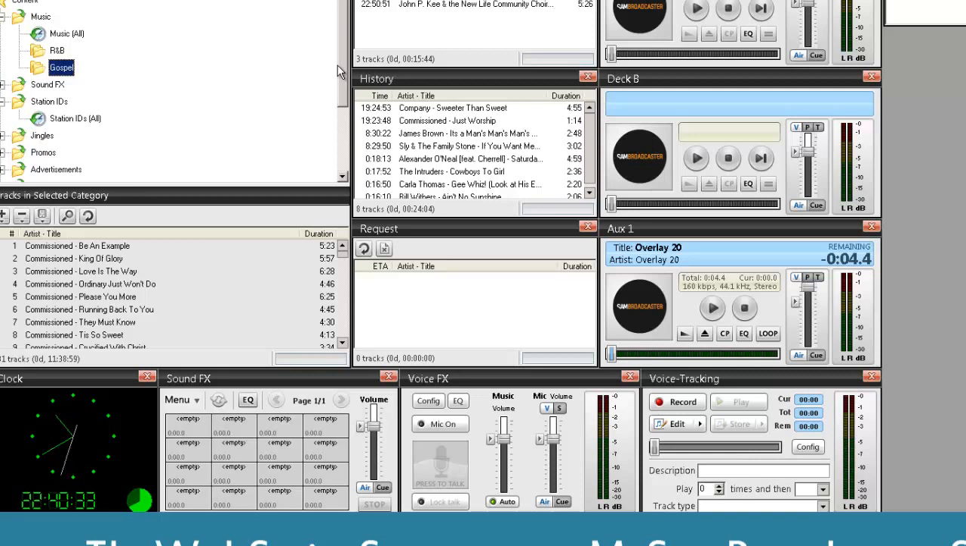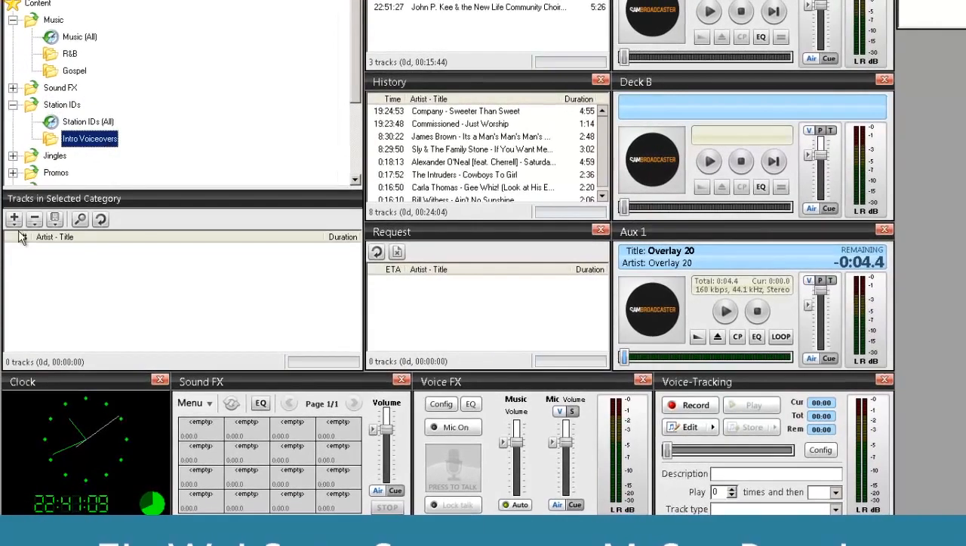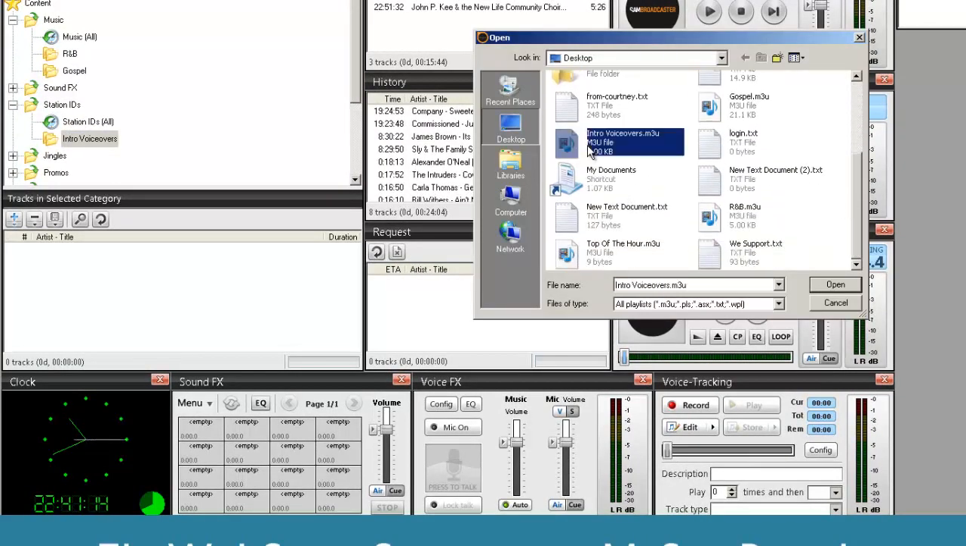Before I did the upgrade, I went through and saved every category as a playlist, stored all those playlist files in a safe place, and then when I reinstalled Sam again, and I could not restore the database, I recreated the categories, and I re-added everything right back in. I think this one was intro, voiceovers. And that is one of the most important things,